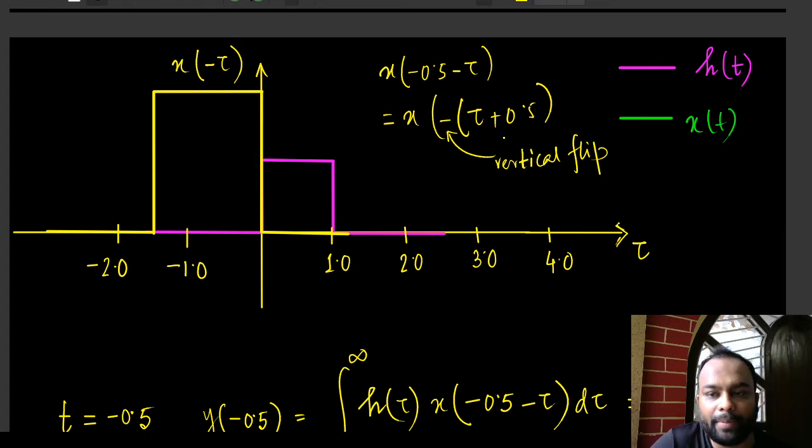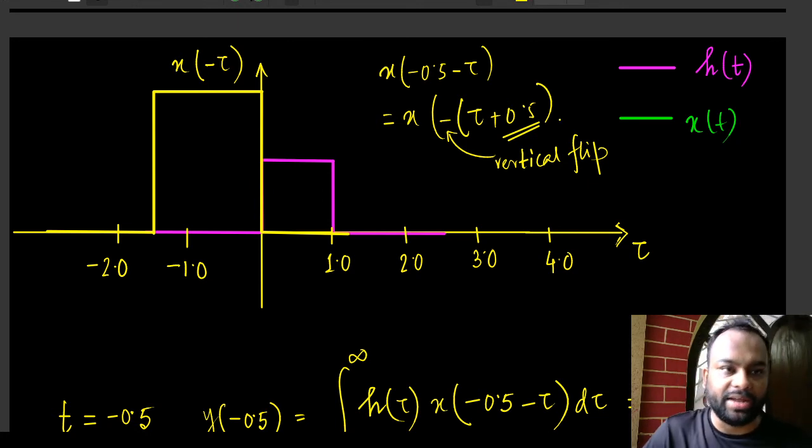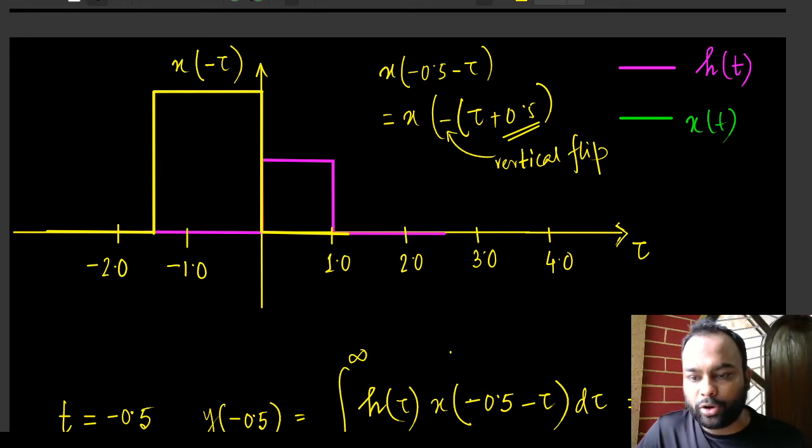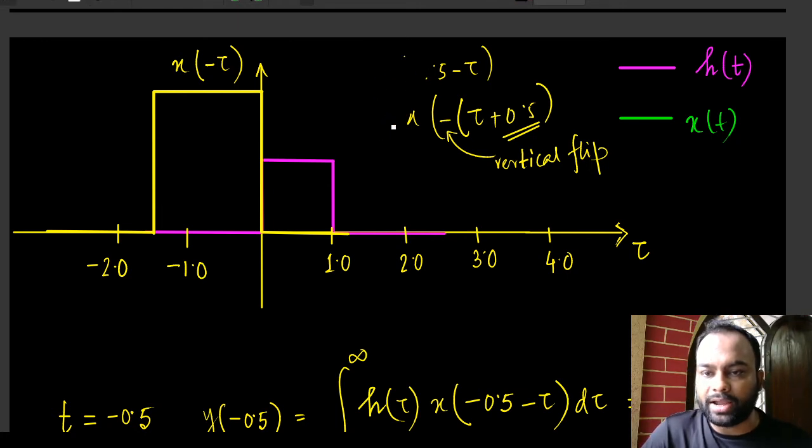Okay. And then we have a plus sign. What does it represent? Is it a left shift or a right shift? I want to hear from you. We did already flip the vertical thing, and this plus 0.5 represents a left shift, right? Yeah. So vertical flip done, and I want to do a left shift of half unit, right? So I think I got that out.